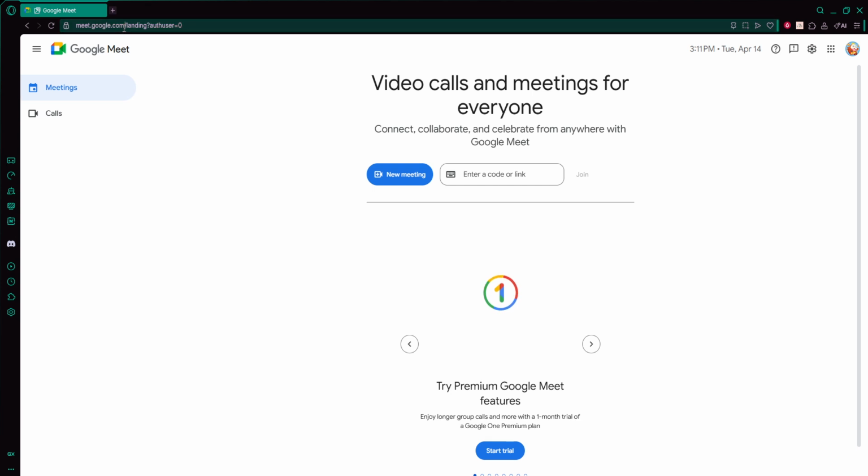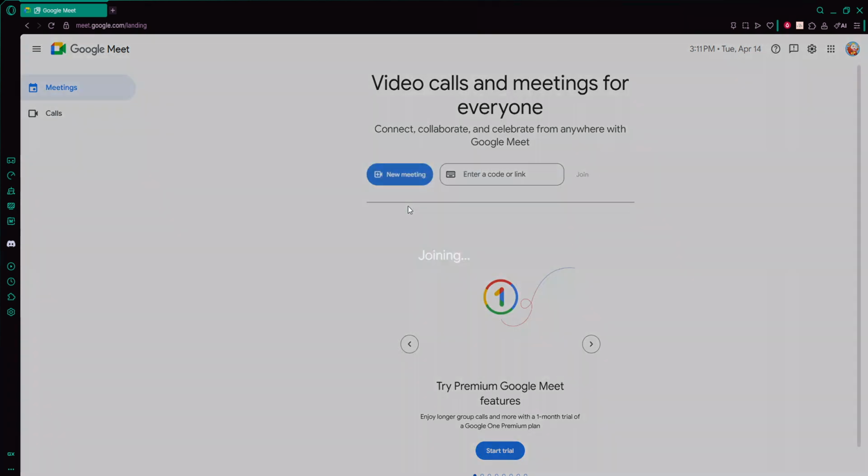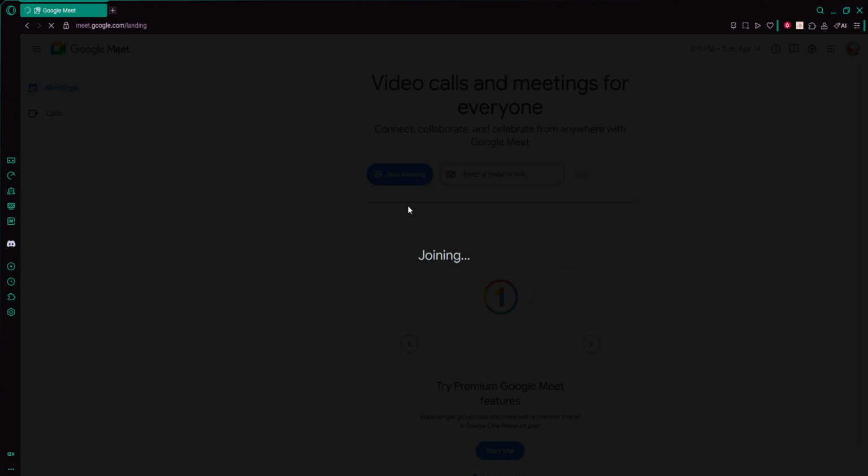You can do this by going to the Google Meet website or by clicking a meeting link that someone has shared with you. If you're using a calendar invite, you can also click the Join with Google Meet button there, which will open the meeting in your browser. Once Google Meet is open, either join an existing meeting or start a new one so that you can see